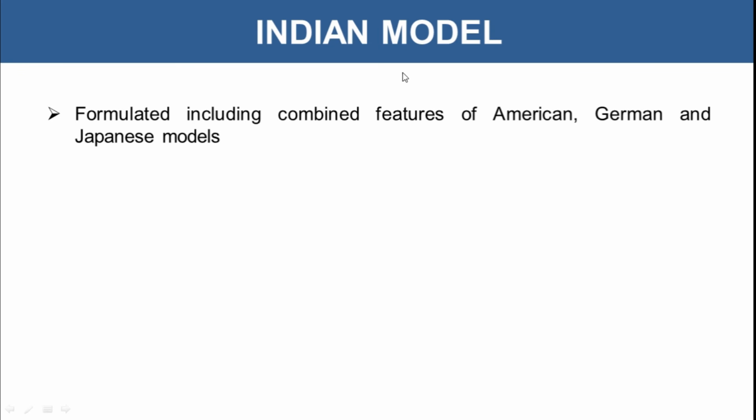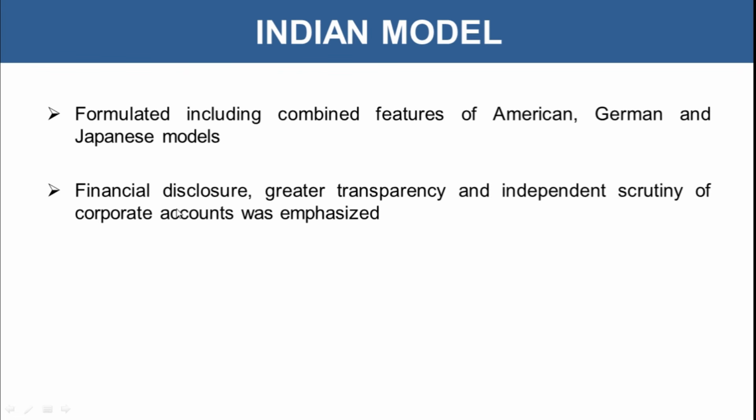Now let's talk about the Indian model. The Indian model was formulated by combining features of all these three, which we can experience in our companies and businesses. So it combined the features of the American, German as well as Japanese models. Financial disclosures, greater transparency, and independent scrutiny of corporate accounts were emphasized in the Indian model, and this we can say is actually related to the Anglo-American model,